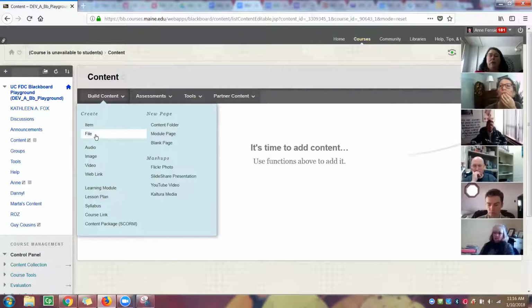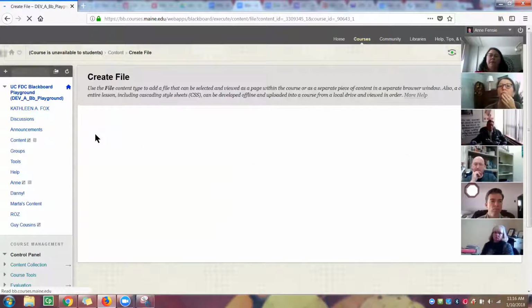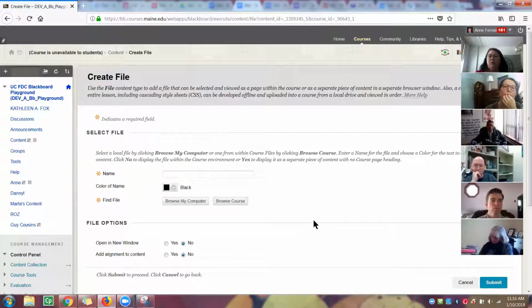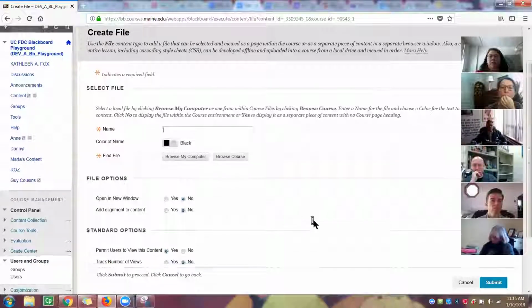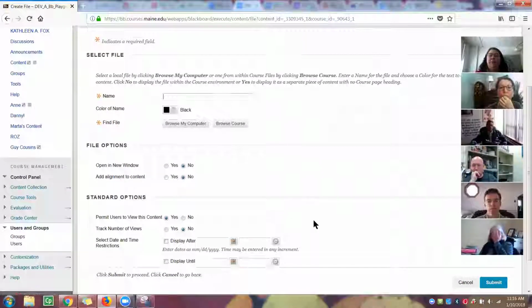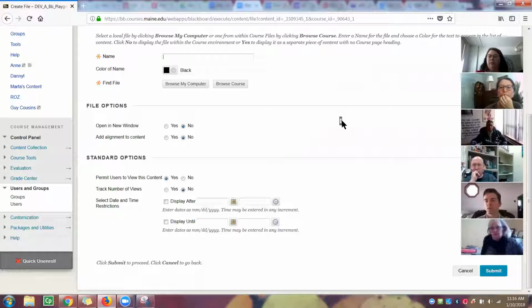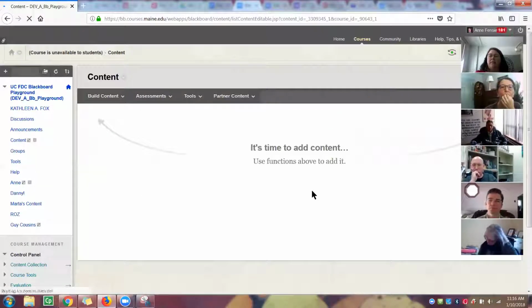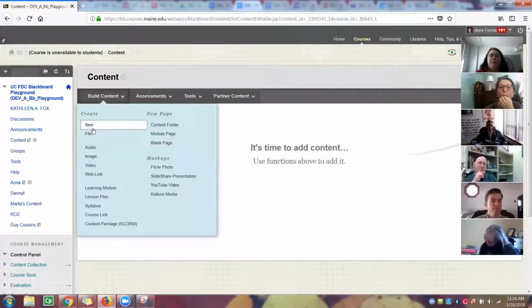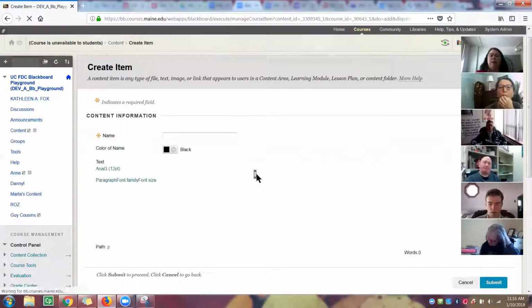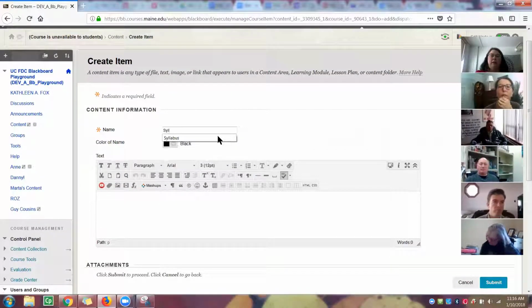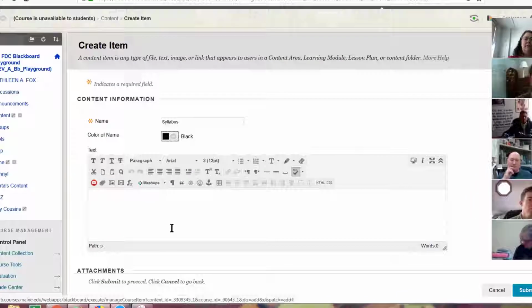There's another one under here under create called file. Now you might wonder, why don't I just use create file to add my syllabus, because it's just a file that I'm attaching. Well, the reason why is because you can put the name of it and you can attach the file, but you can't put anything else. So when I attach a file, I like to let students know what's here, what are they downloading. So instead I use the create item and I do the syllabus, and then I give them a note like,